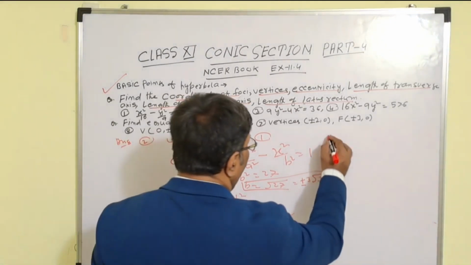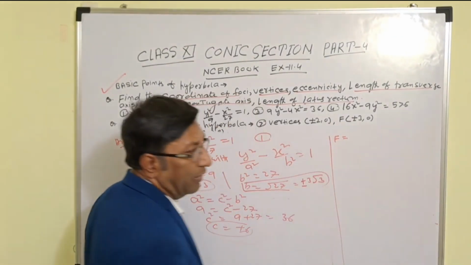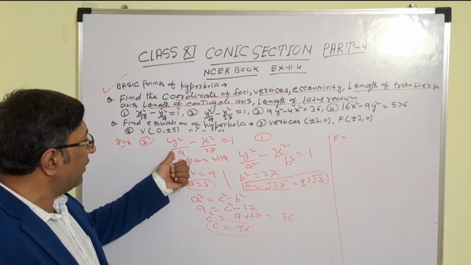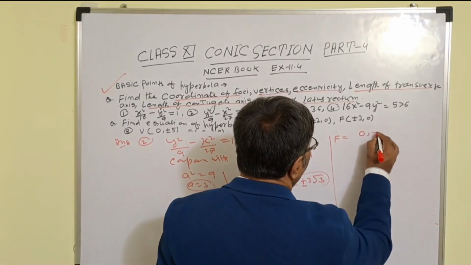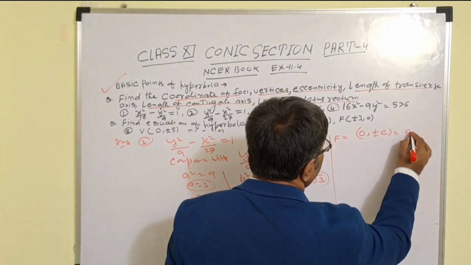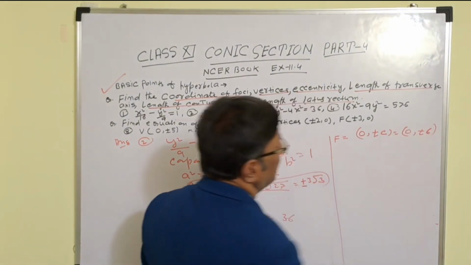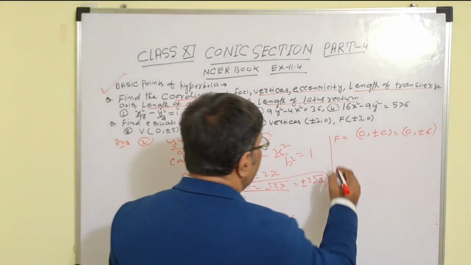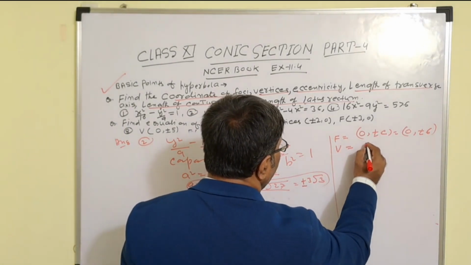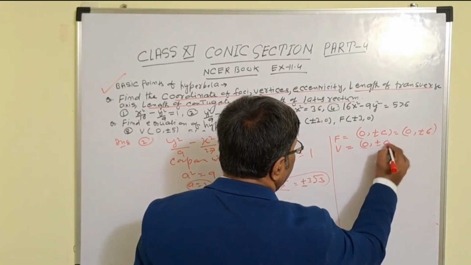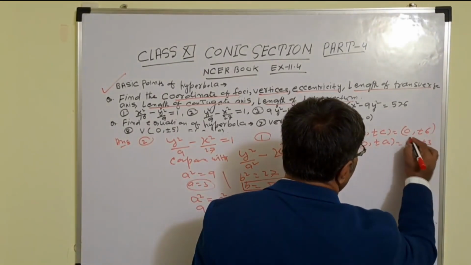Now you can find all the given quantities. So what we have to find? Foci of the hyperbola. When foci is on the y-axis, on y-axis x coordinate is 0. So this will be 0 plus minus c. c is what? Plus minus 6. So our answer will be 0 plus minus 6. In the same way, we have to find vertices of hyperbola. So again, it is on y-axis. So its coordinate is 0 plus minus a. So you know 0 and a is what? 3. So this is 0 plus minus 3.